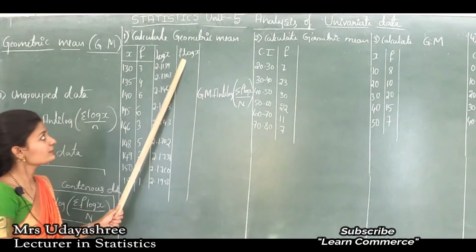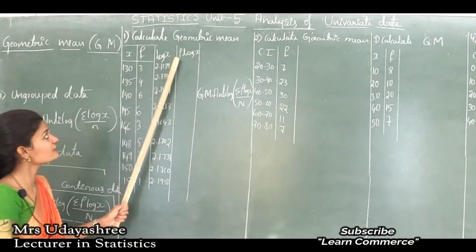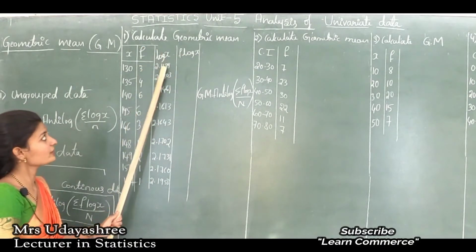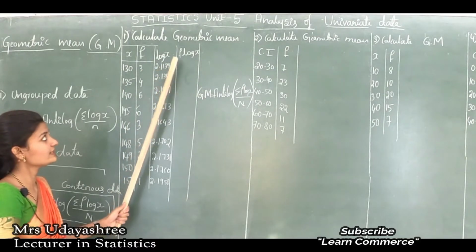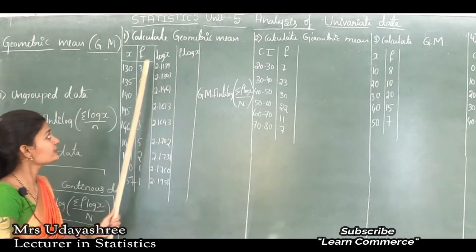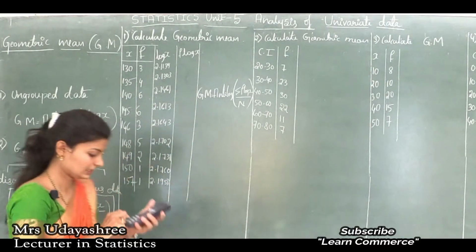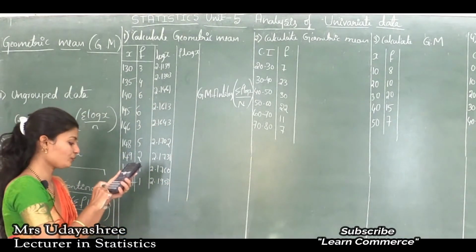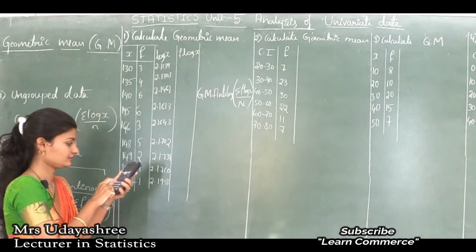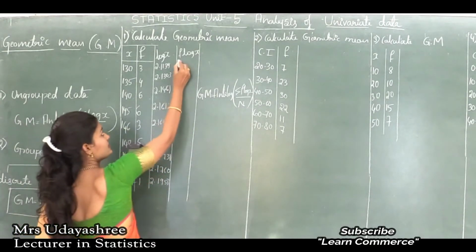The first f observation is 3 and log x value is 2.1139, so f into log x is 3 into 2.1139,